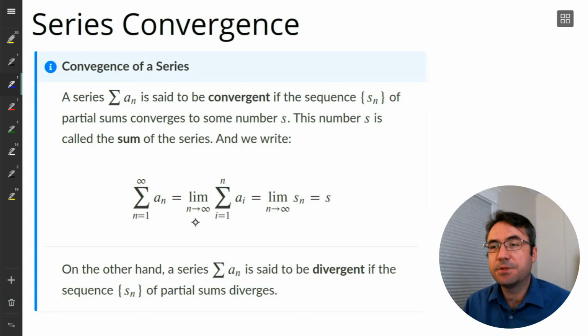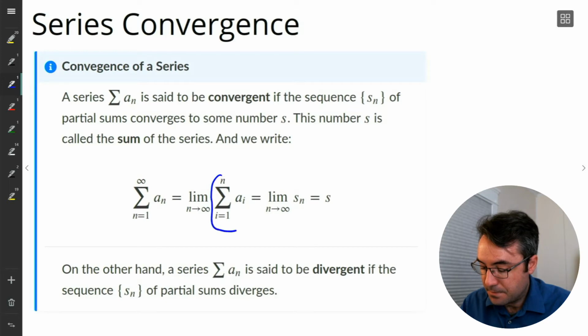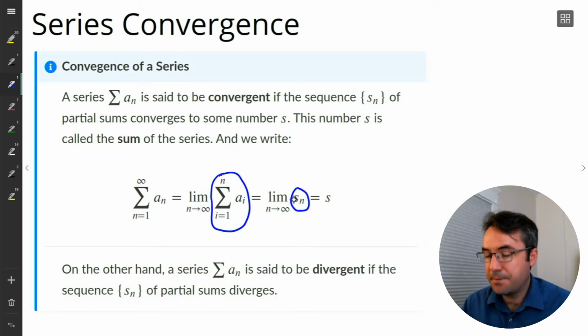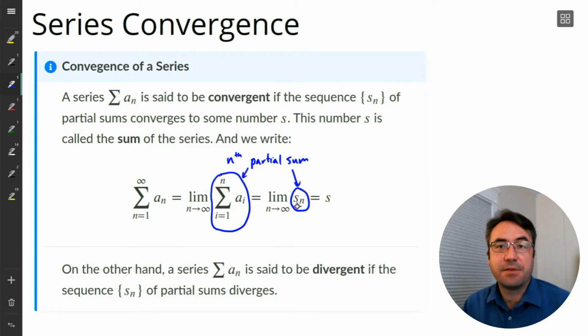And we're saying this is equal to the limit, and what we're seeing right here, these are just different ways of writing what our partial sum is. So each of these represents the nth partial sum. So S sub n is just kind of like the shorthand notation. That's what we're calling this brand new sequence of partial sums, just S sub n. And then this is how we're actually calculating it. This is where if we remember back, this is where we're adding up the first n terms of our original